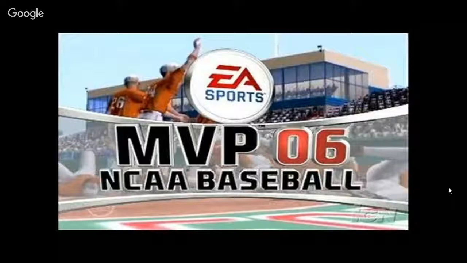Oklahoma State has opened up their lead. Now it's 5 runs off of 8 hits, no runs off of 3 hits for Wake Forest. On the third inning we go. There'll be a hit ball, pop up to the left fielder, and he'll have it for the out. Jeff Seaward, he's warming up the bullpen for Wake Forest. No action in the bullpen for Oklahoma State yet.